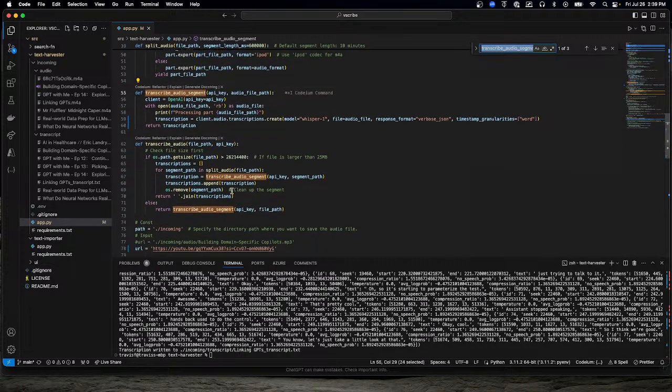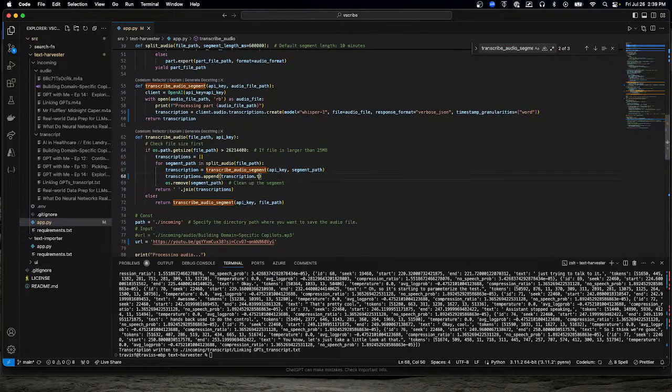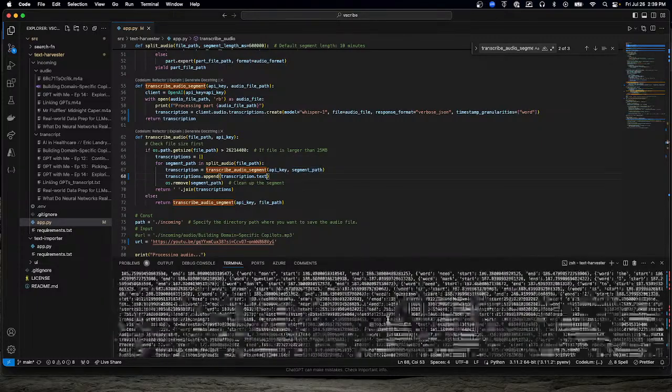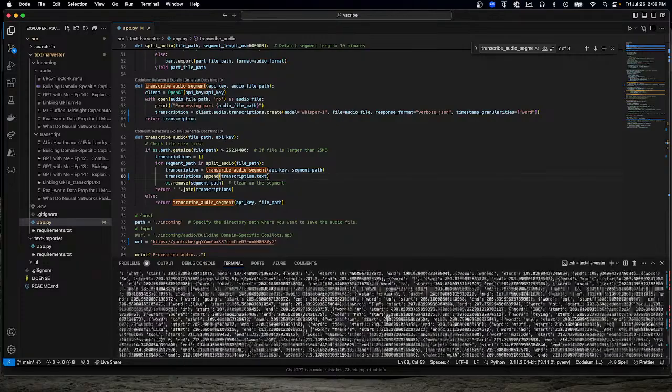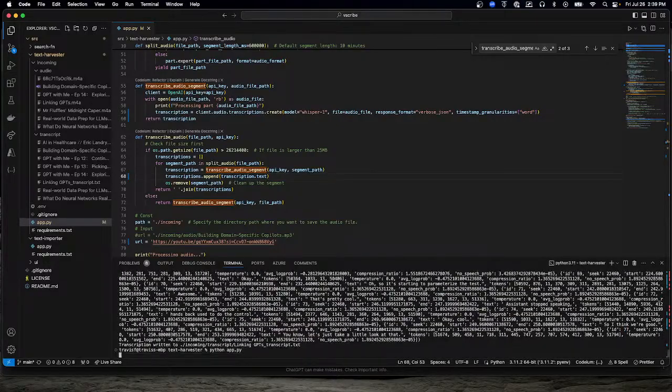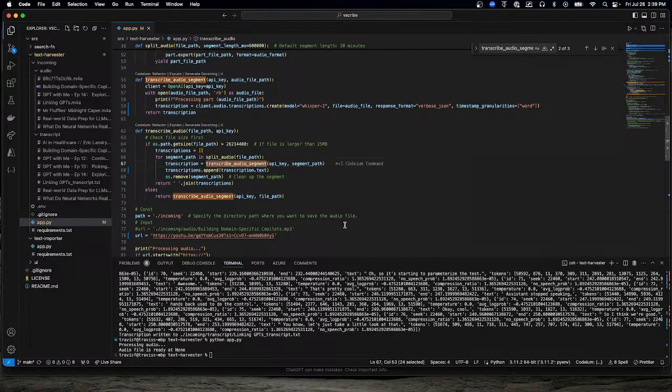Where does this get called? I'm just gonna call it once with the one there. Oh yeah, I didn't. Okay, so we up things to the transcribe audio level.